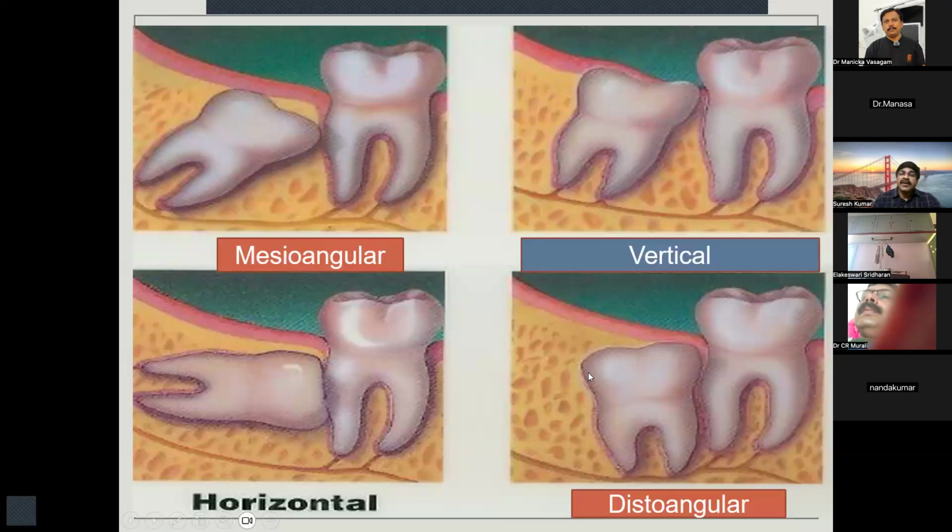The difficulty here is because of the bone covering the distal part. So when you look from the anterior part of the mouth, what you will see is only the occlusal surface. All these will be hidden under the tooth. When you use a motor and the burr, it will cut like this. So you won't be able to remove this part of the bone, and there will be a continuous resistance. That is why we find it difficult to remove the distoangular tooth. So if somebody is experienced in impaction, they will also slice the tooth here so that they can remove this part of the bone. Then it will come out more easily. Okay, so differentiating between mesioangular and horizontal, and more importantly, differentiating between vertical and distoangular is very important to be seen or studied.